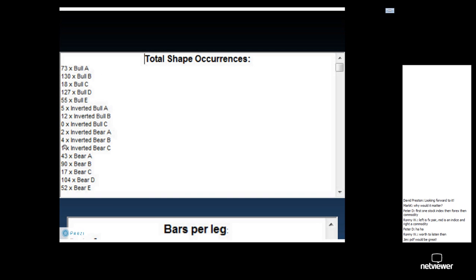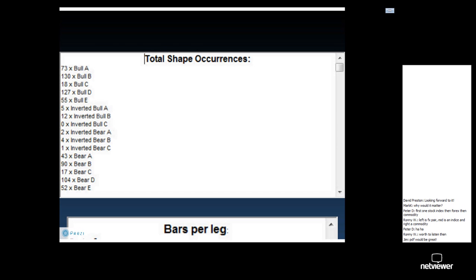Notice I mentioned that the inverted shapes are much rarer than the bull or the bear shapes, which is an indication of a good analysis. Let's add up all the inverted shapes here. That's 5 and 12 is 17, 19, 23, 24. There are a total of 24 inverted shapes altogether, and there are about 300 bull shapes and about